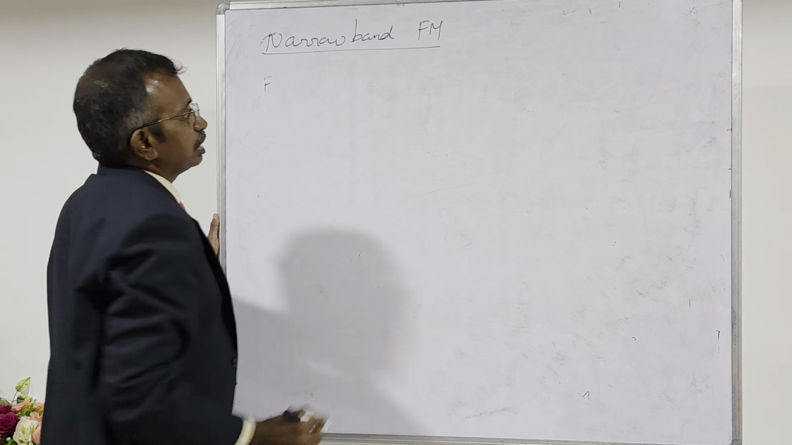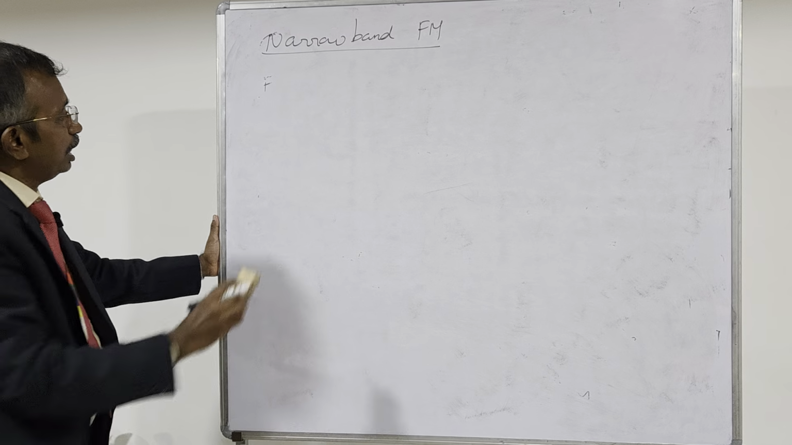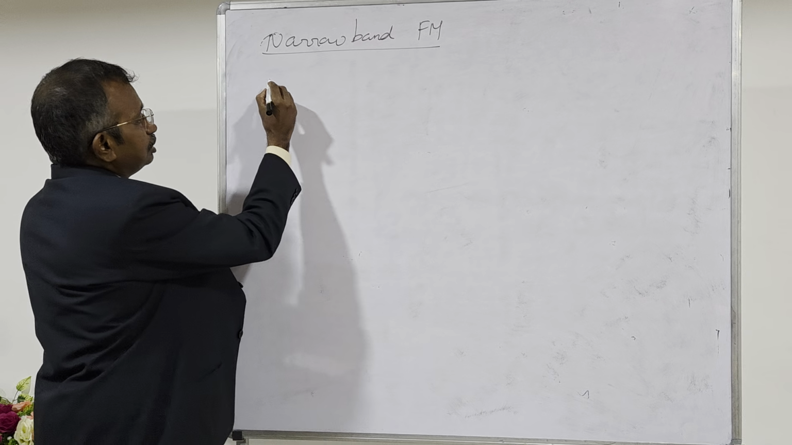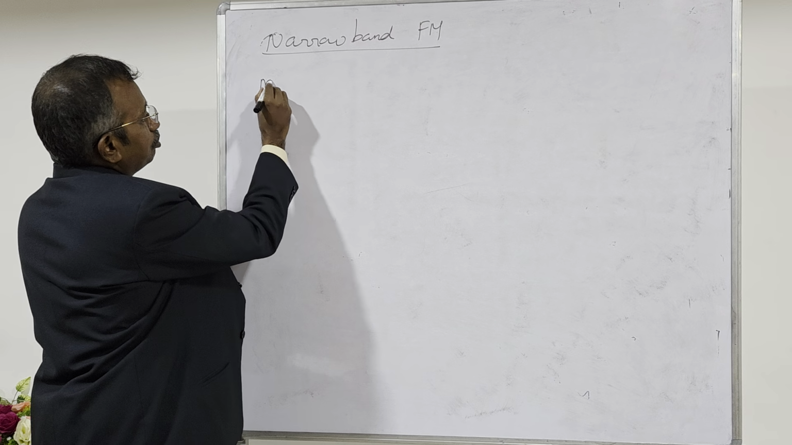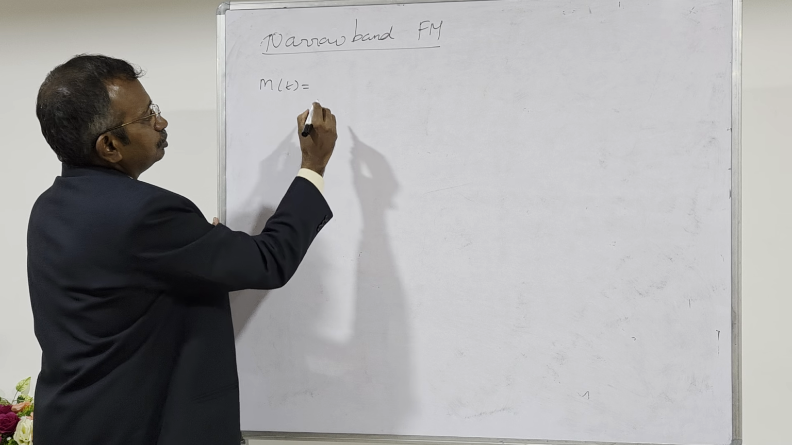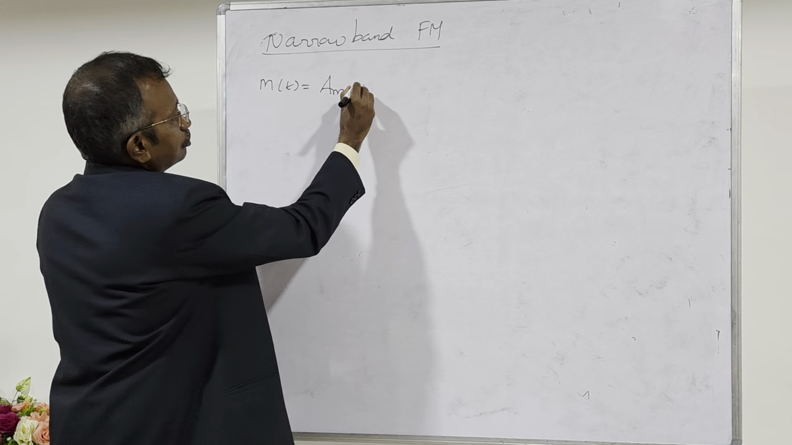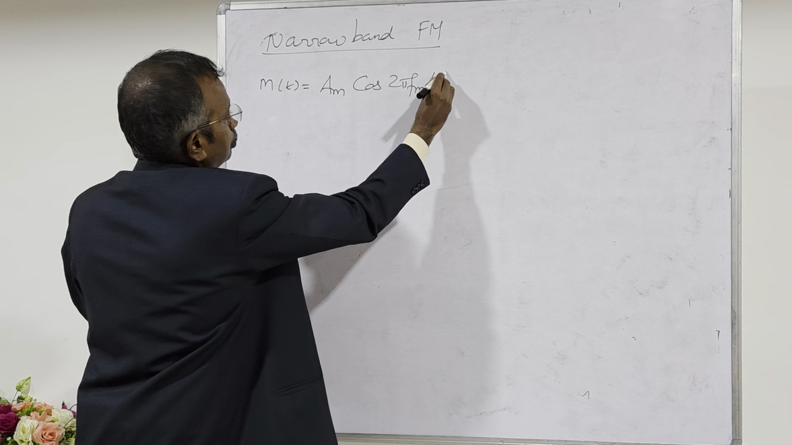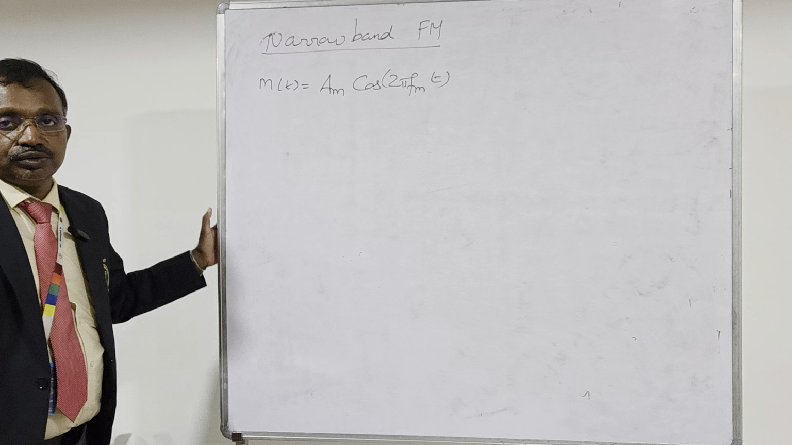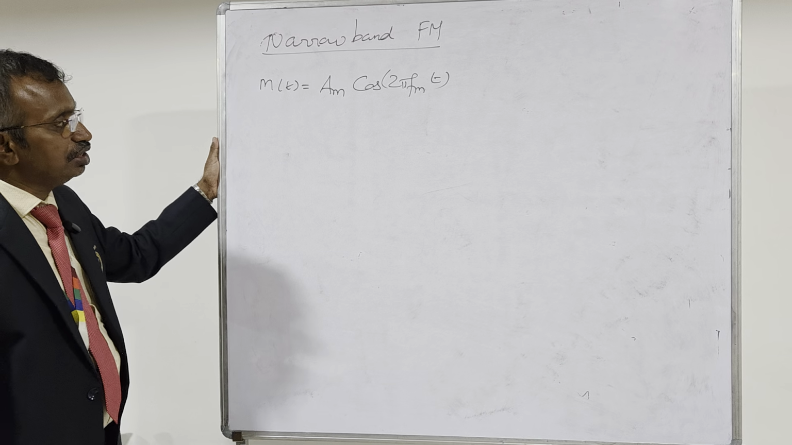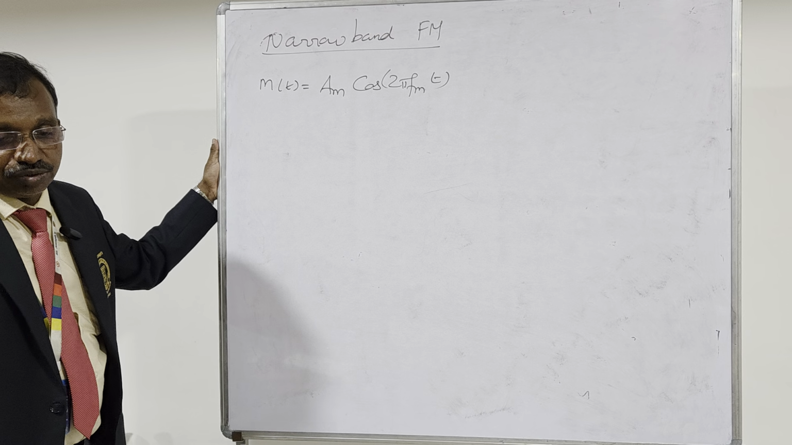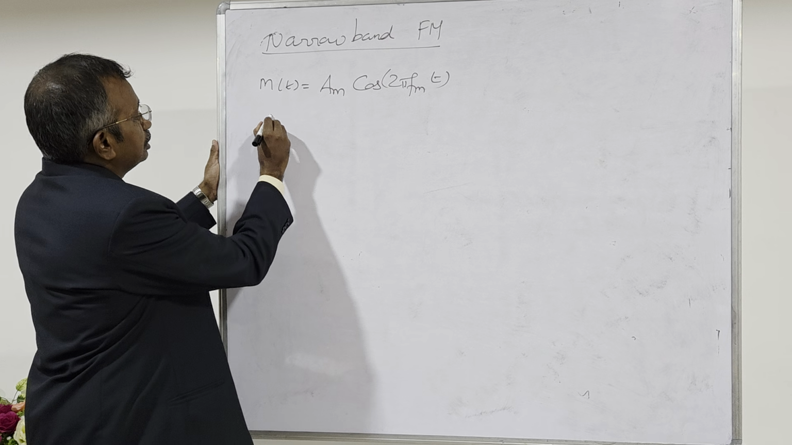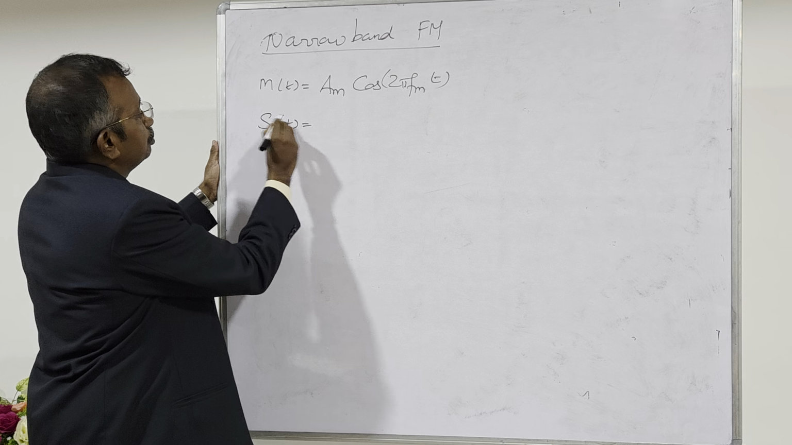Narrowband FM signal. Here, for the narrowband FM signal, I am going to take the single tone message signal m(t) = Am cos 2 pi fm t. So the message signal is single tone as it consists of only one frequency. Then the narrowband FM signal s(t) is given by